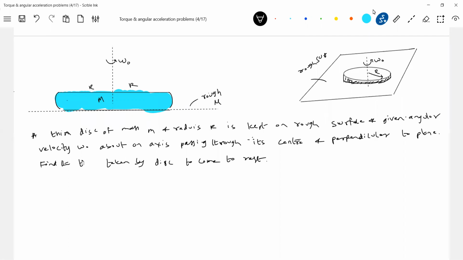I think this is a very familiar thing. Take any square plate, anything. I took a circular disc, spun it on a horizontal table and released it. It will spin for a certain time and come to rest. What made it come to rest? The friction. It is asking the time taken, so how do we get that time? How will that friction act? How is the torque set up?